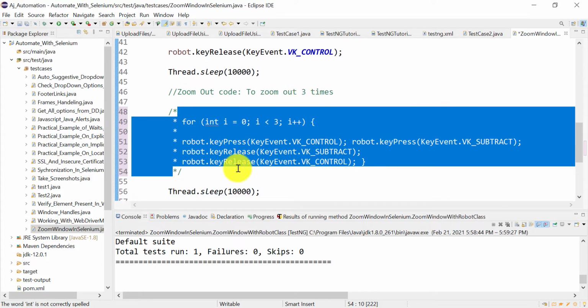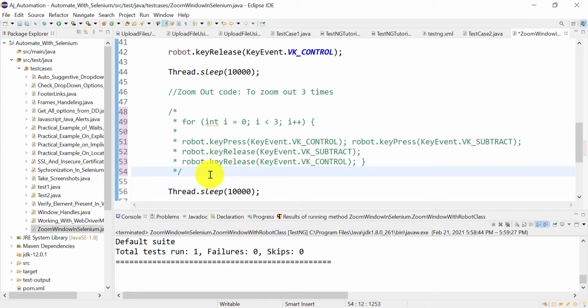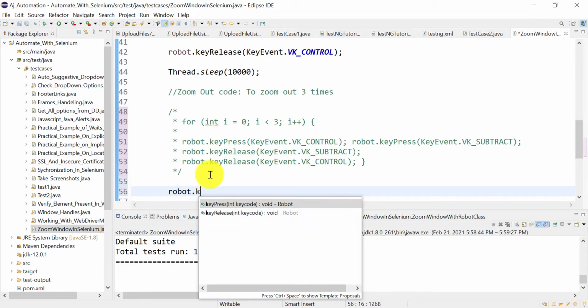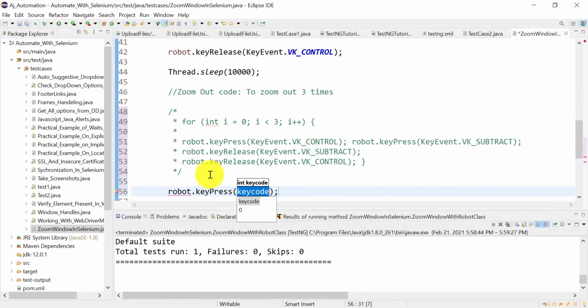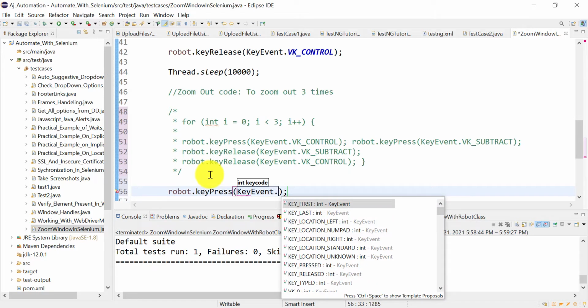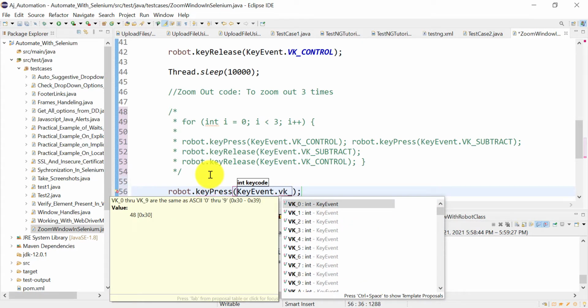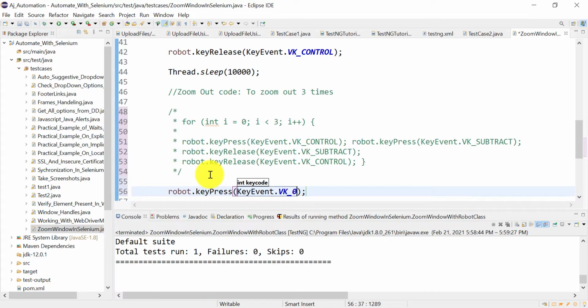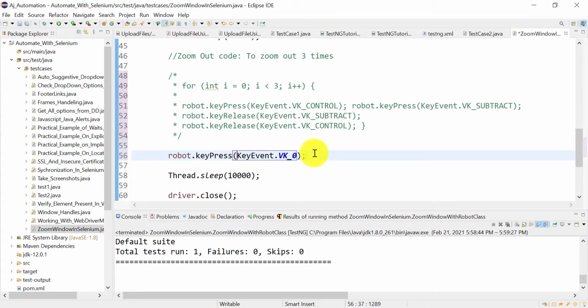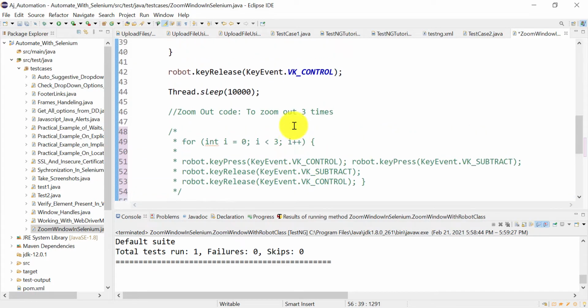So what we will do, using the robot object, robot dot, you need to press the key. Which key do you need to press? Using KeyEvent dot VK and 0. Right, we need to press control and 0.